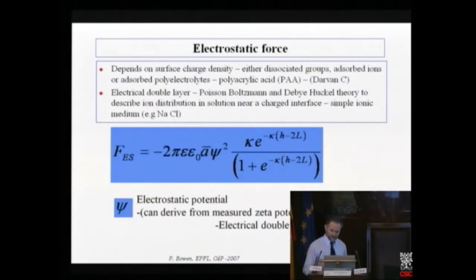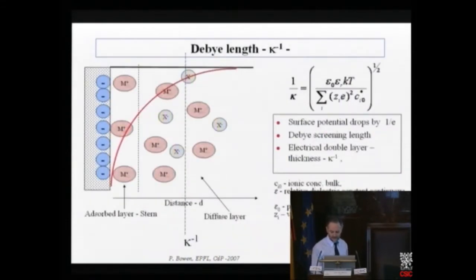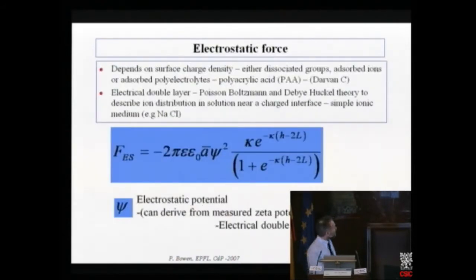That's the surface potential, which we can derive from the measurement of the zeta potential. And, oops, sorry, go back up. And here we have information. Kappa is the reciprocal of the electrical double layer thickness, and H is the distance between the particle surfaces. And again, you see that this is dependent on our harmonic average radius if we have particles of a different